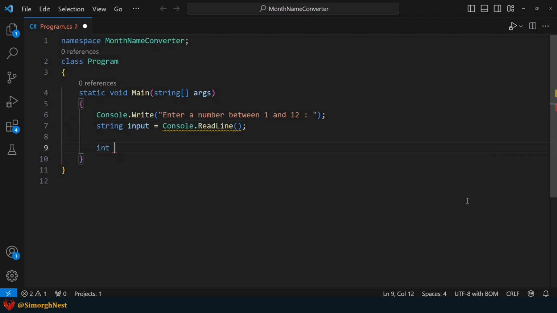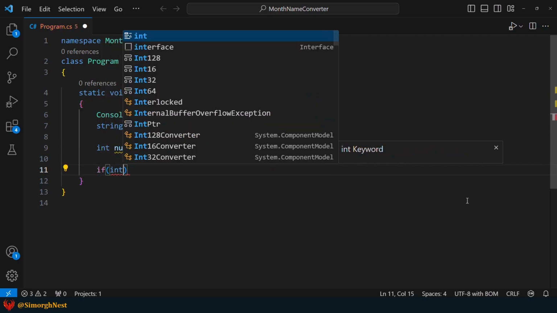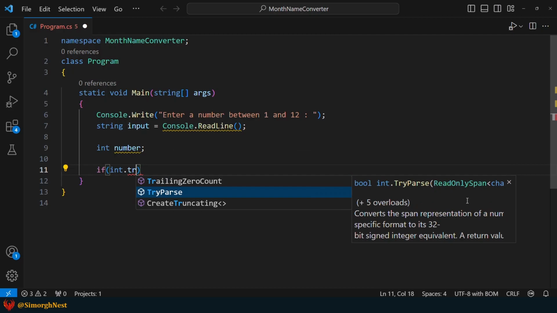First, we'll declare an int variable. Next, we'll use an if statement to verify if the input can be successfully parsed.